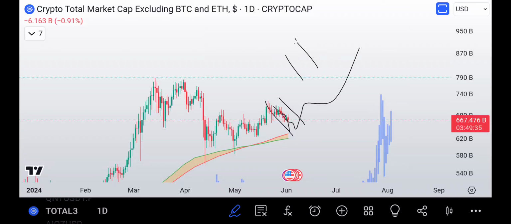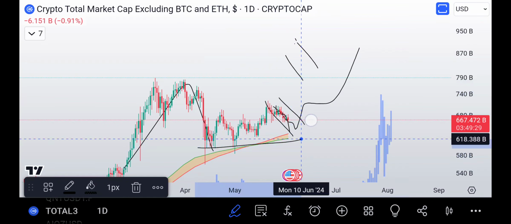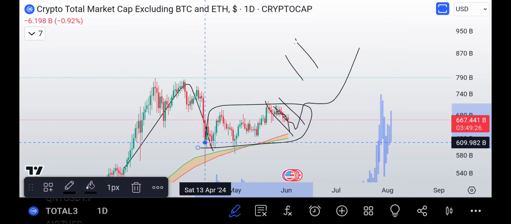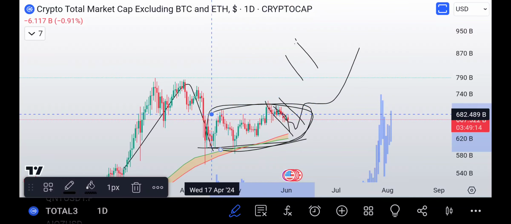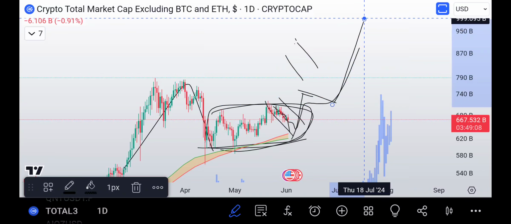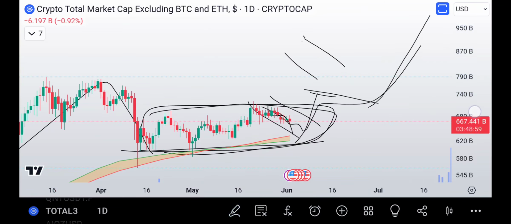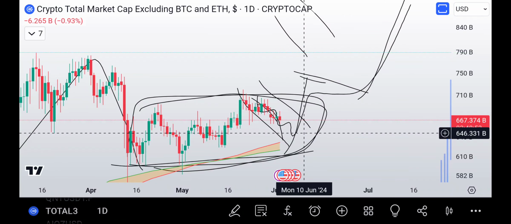And instead of a rise, crash, retrace, reaccumulation, what you have is a rise, crash, and then this whole thing is accumulation. So you don't need reaccumulation because you've had plenty of time to accumulate, right? Reaccumulation comes in because there wasn't a lot of time to accumulate, but this was giving you ample enough time. So you break out, get into the retracement level, flag out a little bit, and then break the high. So that would be my main idea, and that would be how I would play the ALTS. So that means we probably have a little more downside to go. Maybe we're finished now. It's tough to say, but remember the 618 and the 50%